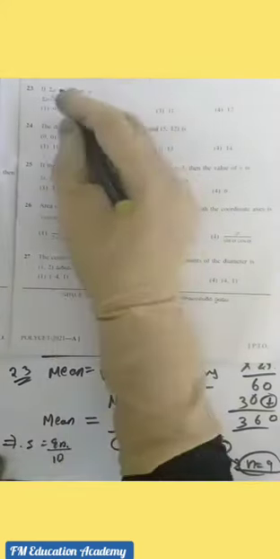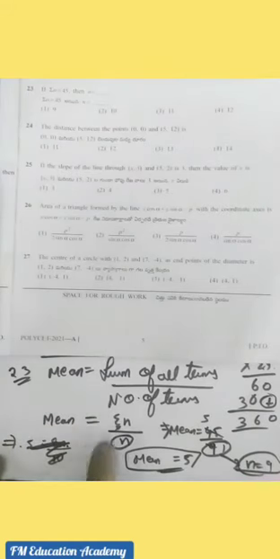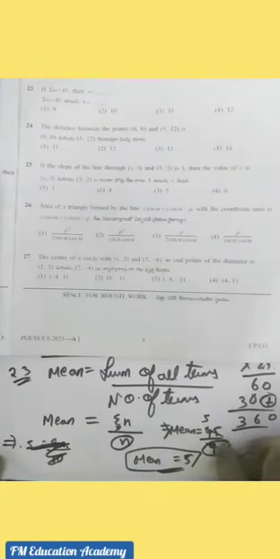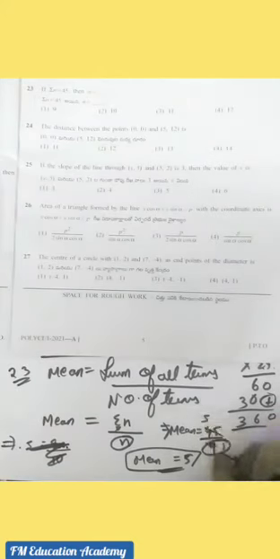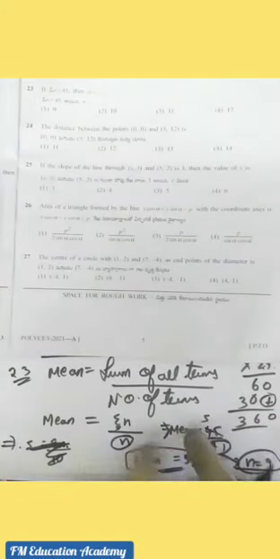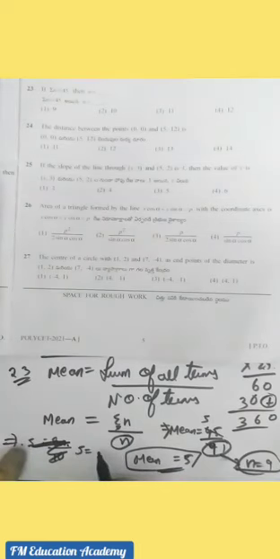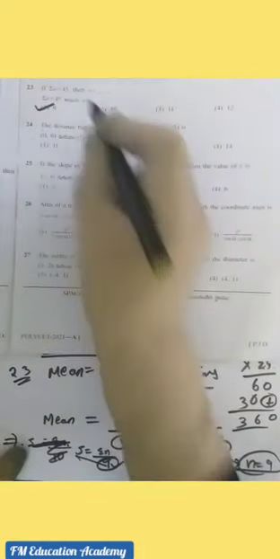Are you understanding? In place of mean you substitute 5. Let us suppose you have to find sigma n, and n is taken as 10. 10 fives are 50, but the sigma n given in the question is 45. So whenever you have to find sigma n, multiply both and see where you get 45. Taking the first option, 9, the mean is 5, and 9 fives are 45. I am satisfying 9 as n. So what is the value of n? 9. My answer is option 1, that is 9.